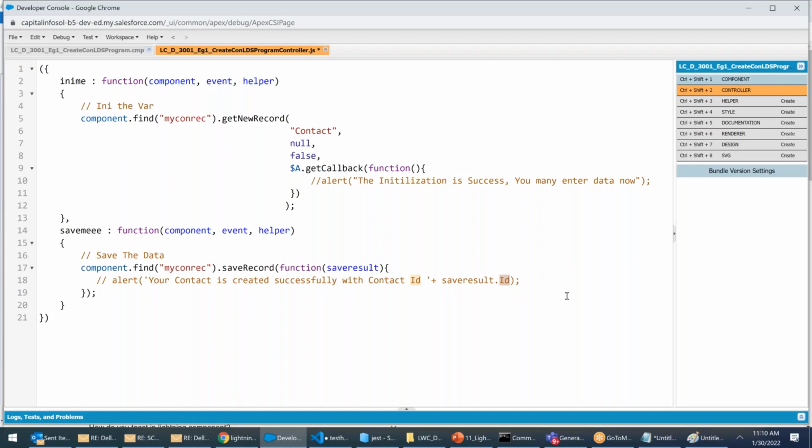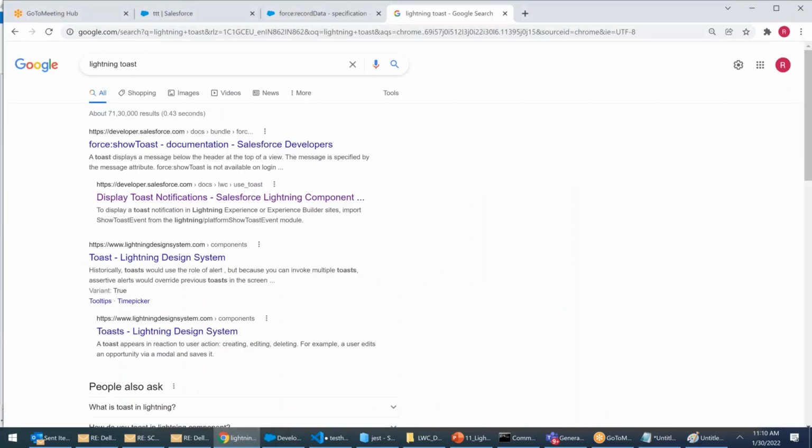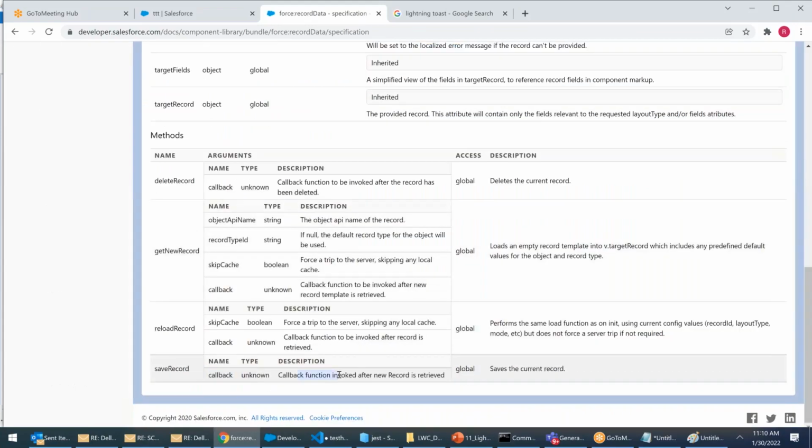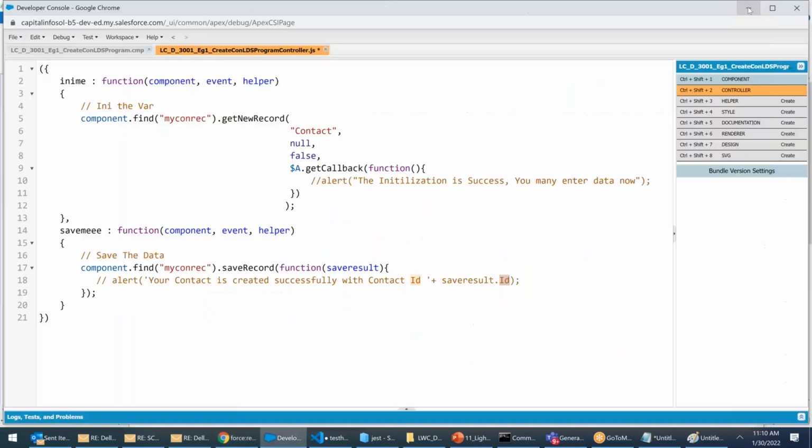saying that this is your ID after saving the record, because that's exactly what it says. The document clearly says: callback function invoked after a record is retrieved. Retrieved, it says. That means the save is not only saving the current record, it's also retrieving. Then the callback function is called, after the data is saved. That means this function should be called. R should be capital in saveResult, sorry, so that it will come. Correct. Right. It should be saveResult,